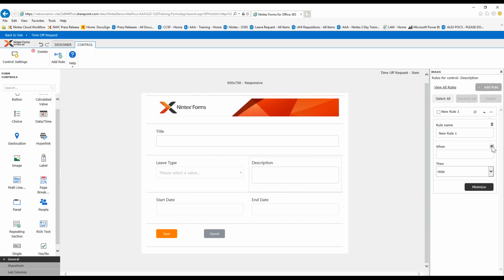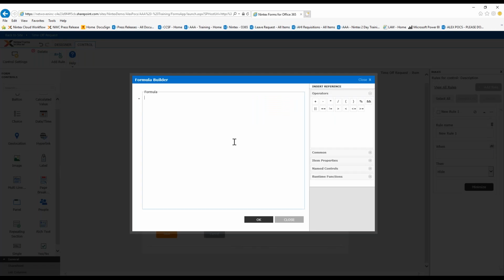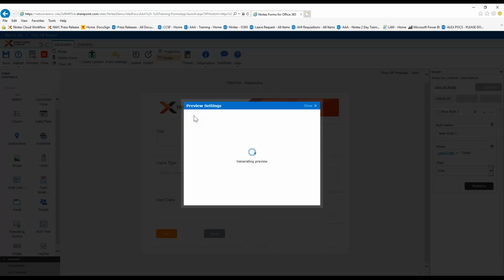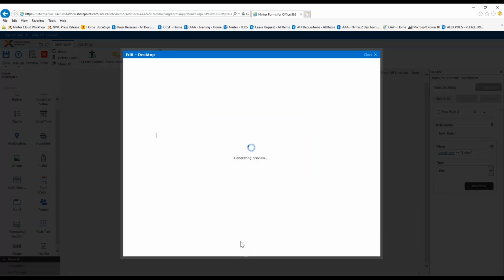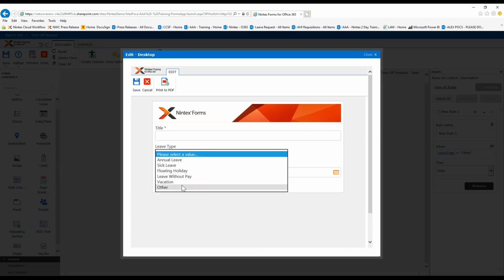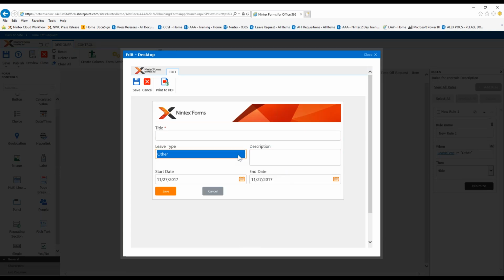So I just need to write a simple function in here, a formula. So here's the leave type. I'm saying leave type does not equal, and I put it in quotes, other, which is the selection from that control. And when I do that, now we can go back again and take a look at the preview and see if it's actually working. So if I typed that out correctly, what you see is we see leave type here, but it'll only show description if it's equal to other,